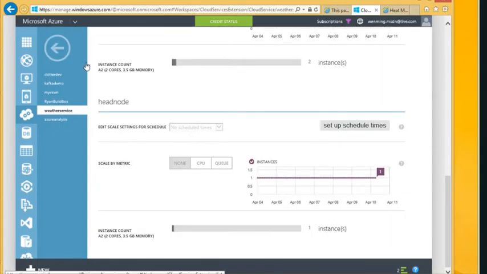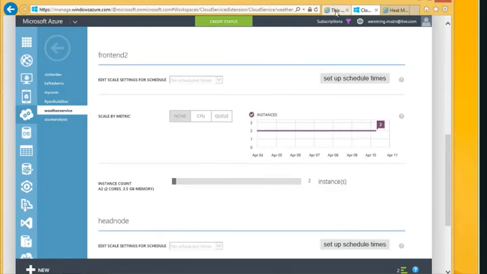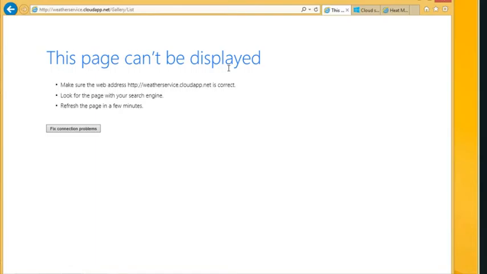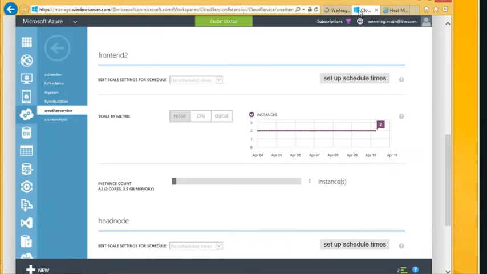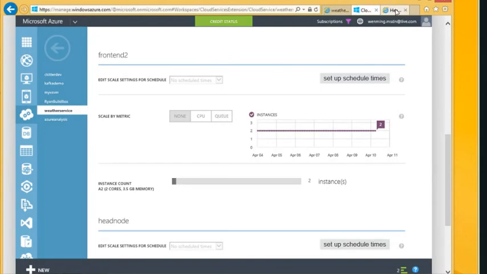As you can see, there's 2 of them up front, and we also have the head node that's running here. Hopefully it will take a few minutes for it to actually deploy, since I have it stopped. So we'll go back to the slides, and then we'll come back to see if it actually deploys for us properly.